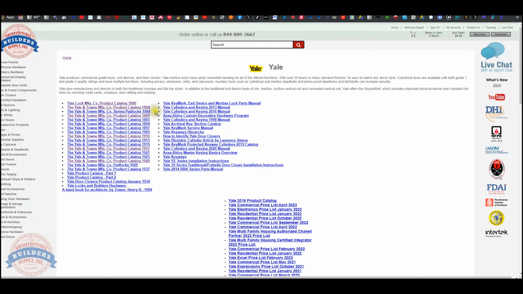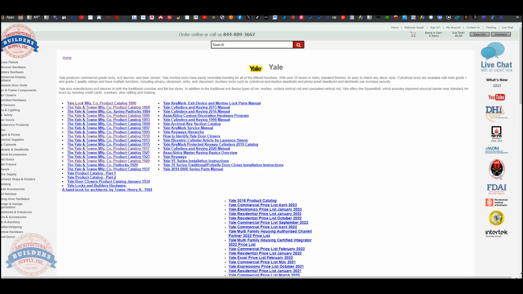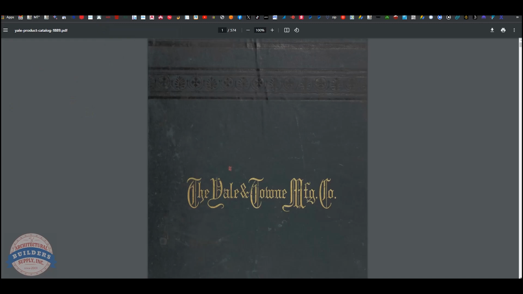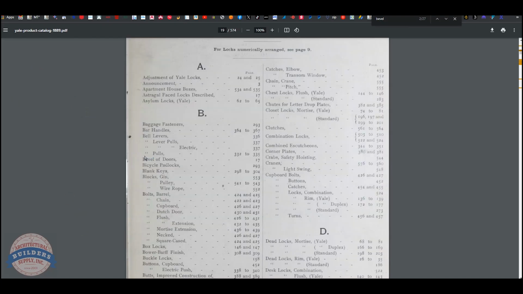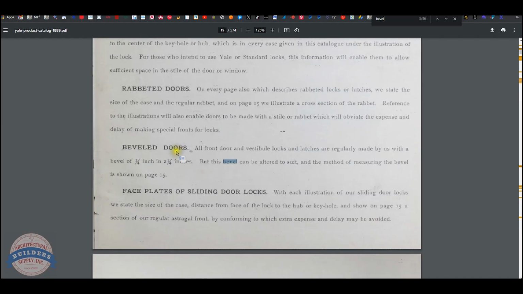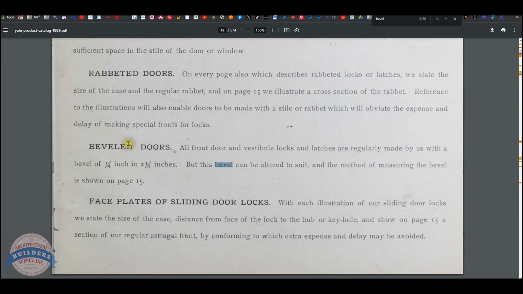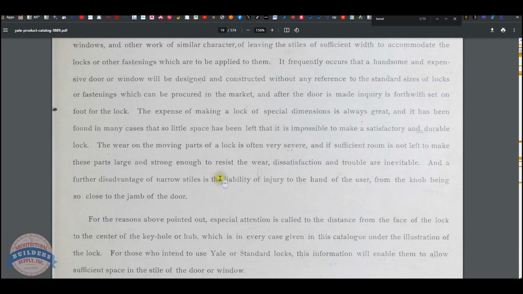Let's open up the 1889 catalog, and while that's loading, I'm also going to load the 1910 catalog. Alright, so that's the 1889 catalog. I search for the word bevel, and you can see that in 1889, all front door and vestibule locks and latches are regularly made by us with a bevel of 1/4 inch in 2 1/4 inch. But this bevel can be altered to suit, and the method of measuring the bevel is shown on page 15,